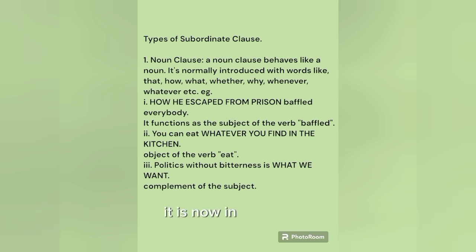It is noun in apposition. It is in apposition to the noun fact. So it is two nouns staying side by side referring to one thing. So its function is